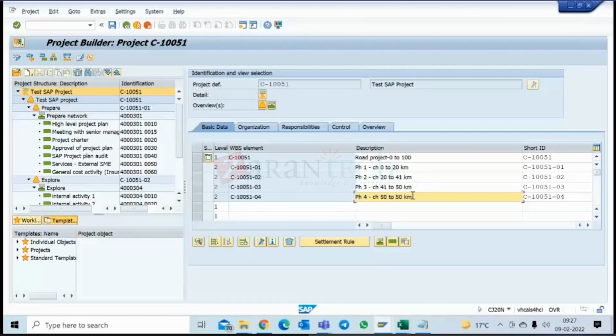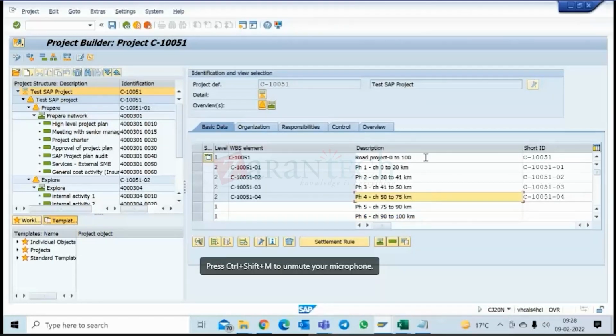Now after this there is a very easy stretch. So I will have 25 kilometers as one stretch, and so on. So phase 5 can be 75 to 90, let's say. Then there could be one more phase, the last one, phase 6, which will be 90 to 100. But as a PS consultant, I'll tell you, we may not know, because this is all industry specific